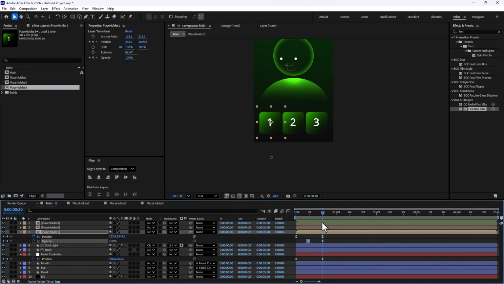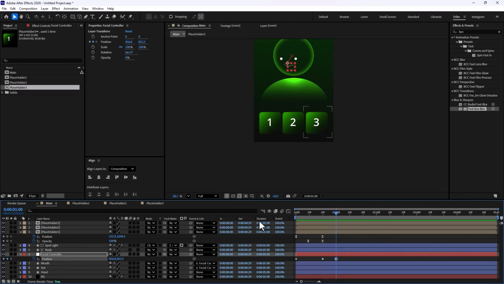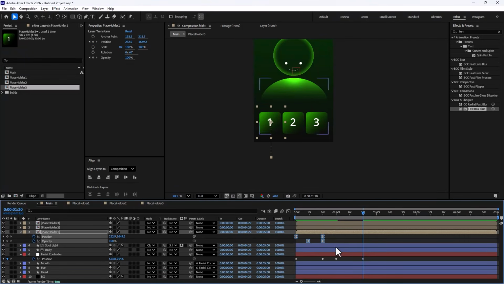Now I'm gonna just hold for a few frames. So we're gonna just get back to the facial null, and we're gonna just set a keyframe again on 20 frames. We're gonna just push the null down to create the second movement like so. And this time I'm gonna just do a quick trick. I'm gonna just copy the sets of keyframes that I have in here.